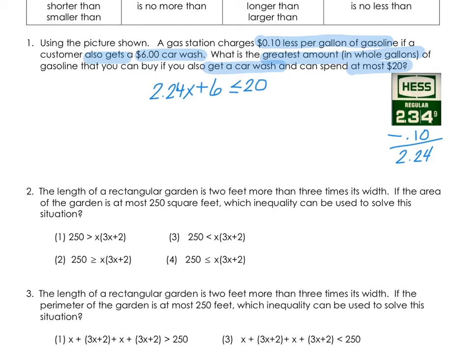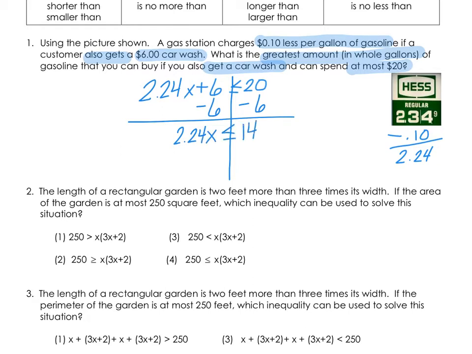Now I can go ahead and solve, just like we've solved equations. So I like to draw the line down the middle. That's optional if you like to. And then I'm going to work to get x by itself. So I'm going to start by subtracting 6 from both sides. And then I'll have 2 and 24/100ths x is less than or equal to 14. Then I have to divide by the 2 and 24/100ths to get x by itself, the amount of money I'm spending per gallon, and then I get x is less than or equal to